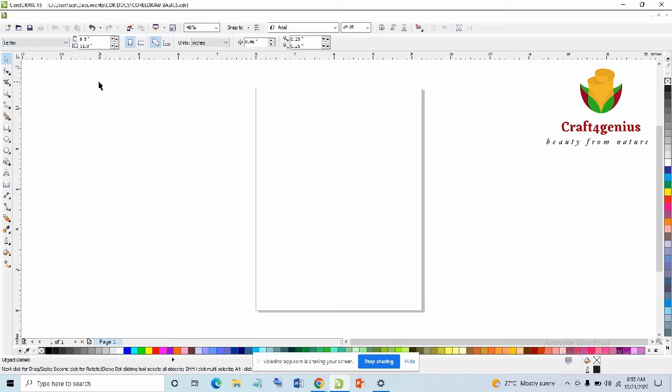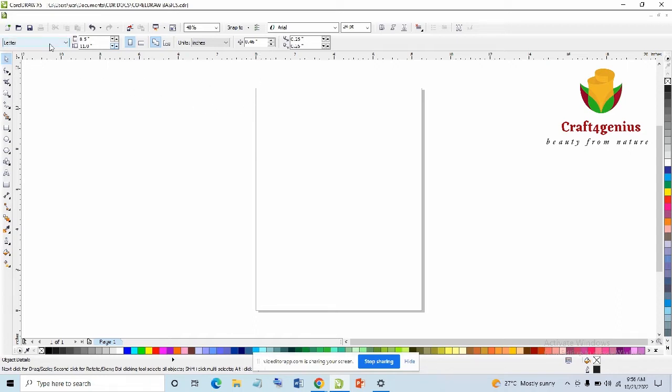Now, this is basically for inputting text, how to create text for your classroom decorations that you want to attach to your designs. It's going to be on different kinds of text, whether a text that is standing alone or a text that you want to insert within a shape. So when you open your CorelDRAW,